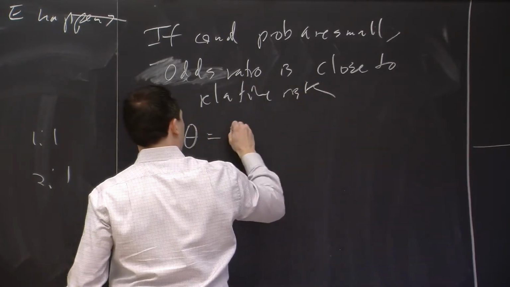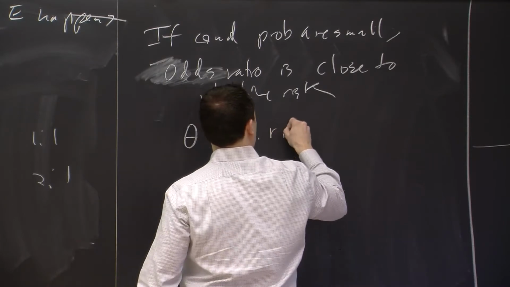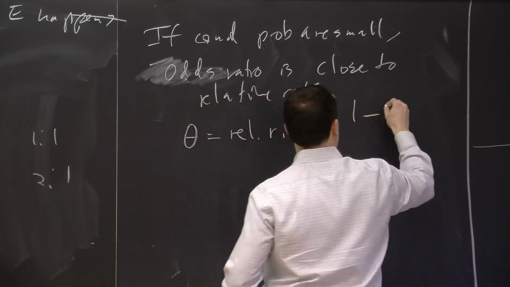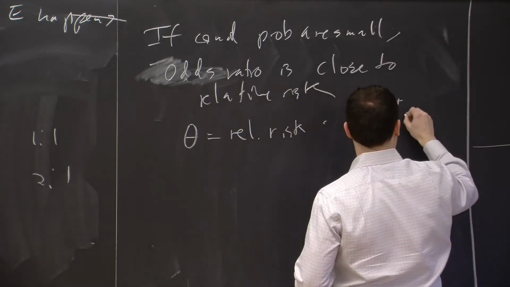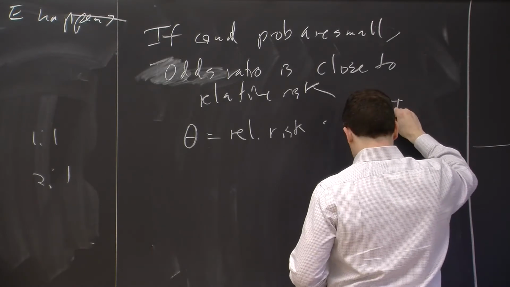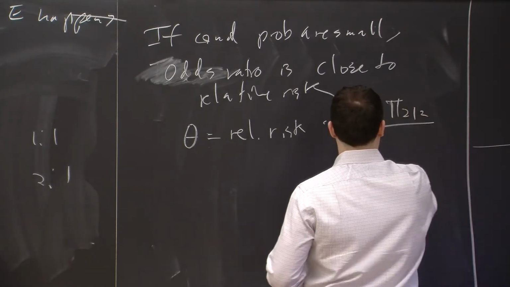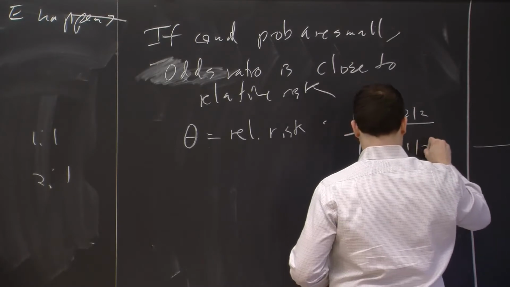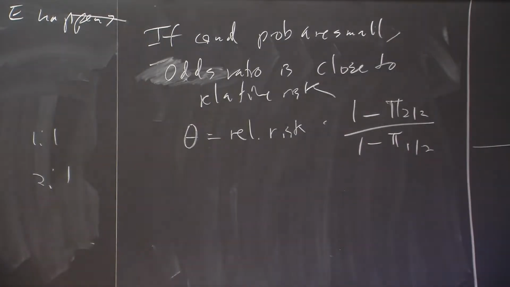So the odds ratio is equal to the relative risk times (1 minus the probability of 2 given 2) over (1 minus the probability of 1 given 2). So for example,